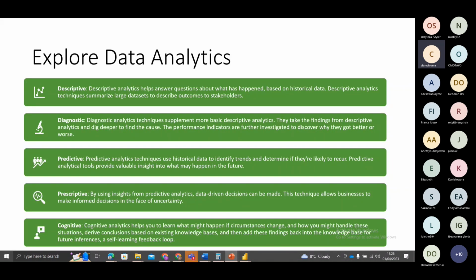Like, it just helps us to understand, okay, this is what has happened in the past. Okay, we can predict based on what we already have. That's what predictive does. When you talk about prescriptive, now, because we have looked at our past records, because we have been able to understand, okay, why is this happening? And because we are able to predict, okay, this is what is likely to happen, prescriptive will now go ahead